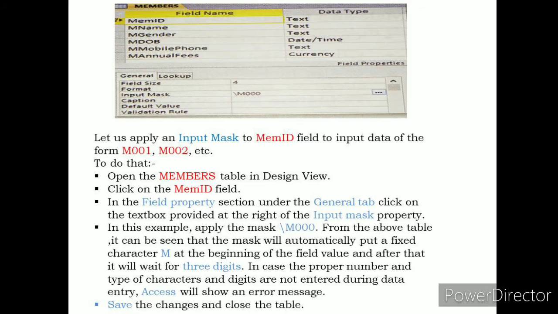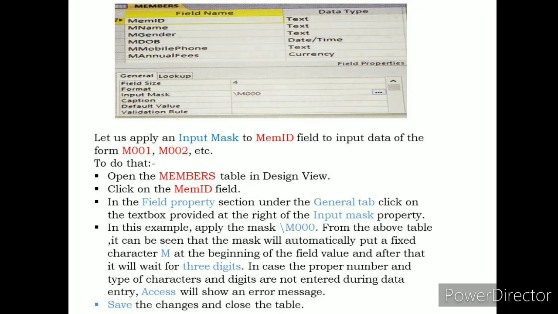In the field properties section under the General tab, click on the text box provided at the right of the input mask property. Next, in this example, apply the mask /M000. As you can see, the mask will automatically put a fixed character M at the beginning of the field value, and after that it will wait for 3 digits.